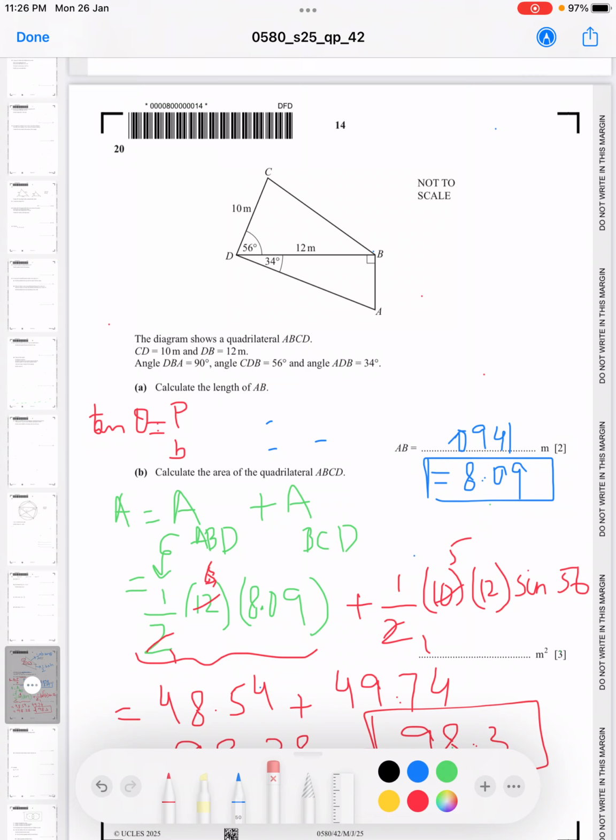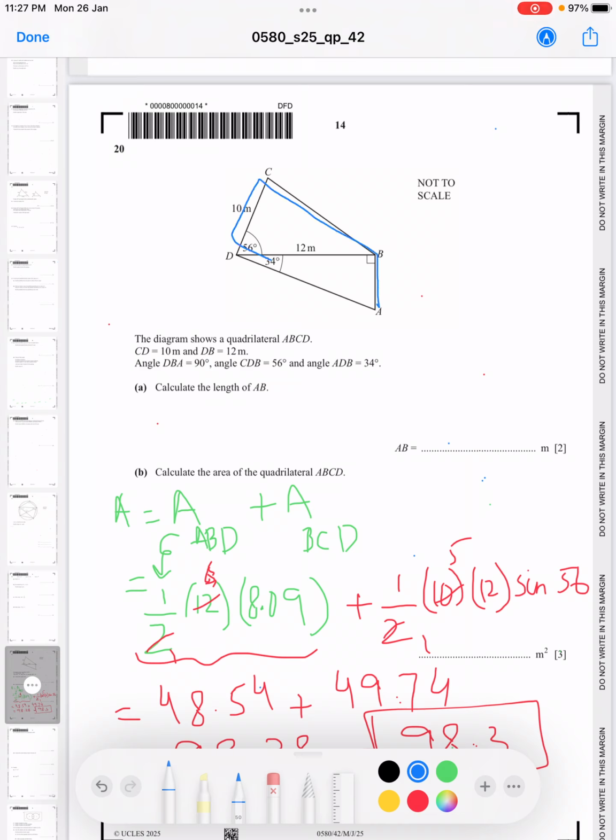Okay, so students, I hope you are all familiar with the perimeter. What is perimeter? It is basically the outer boundary of any figure. So here, let's take the blue color. Okay, so this is our ABCD equilateral. This is our whole boundary, right? So what we need to do, perimeter equals to